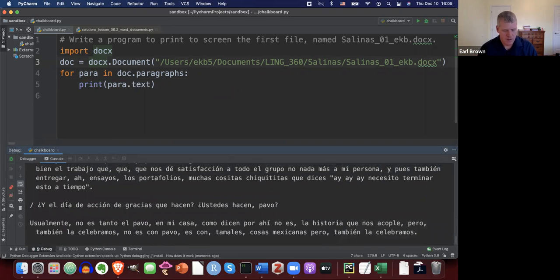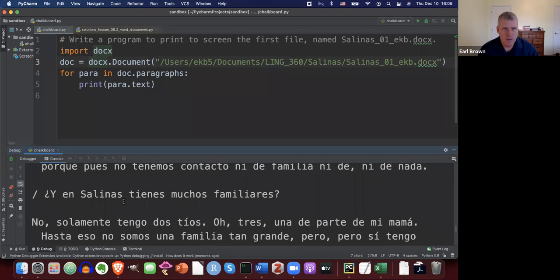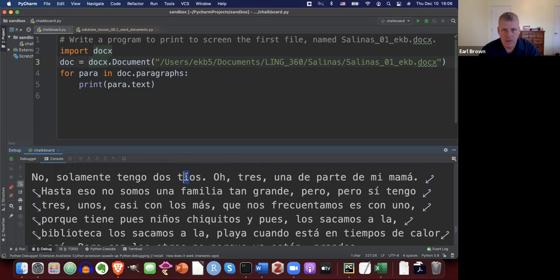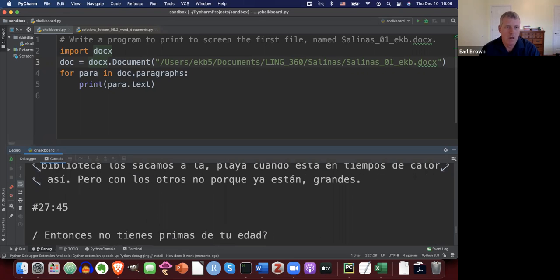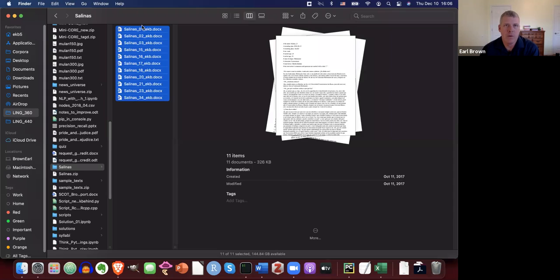We got accented vowels that look correct. Let me just zoom in so we can see better. We got an inverted question mark there. That looks correct. Accented vowels came through correctly here. This all looks good. If I want to compare, I could come over here and open up the first one here